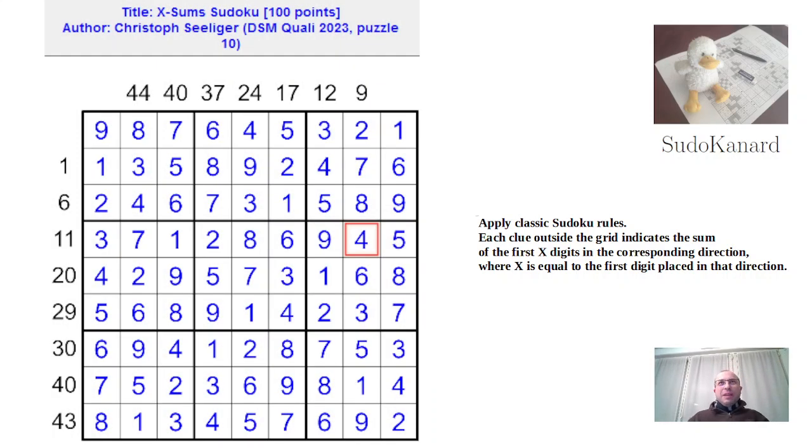So I probably took much longer than during the contest because I wasted some time working on an assumption that was in hindsight correct, but had no place in the logic at this point. The real logic was about this row, that 5 or 6, well, 5 and 6 were not both possible. 5 had to be eliminated from here because of the digits available. So really impressive construction by Christoph,